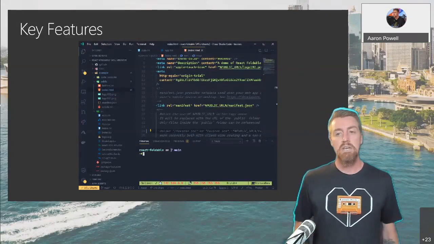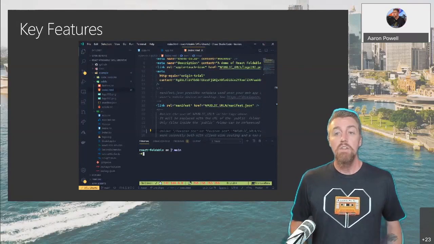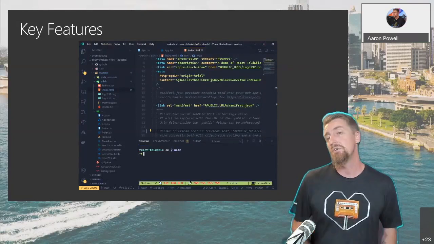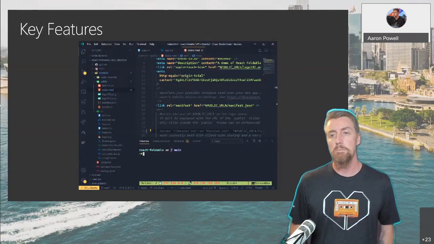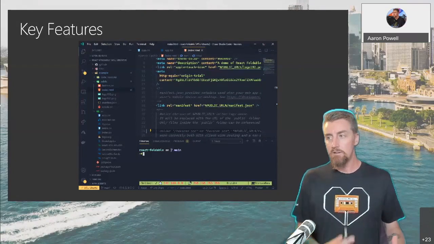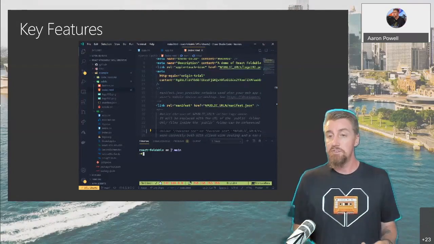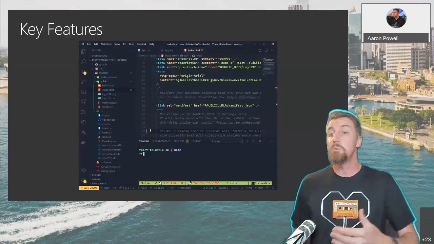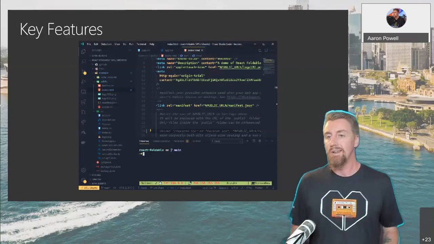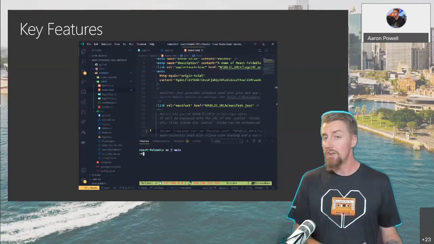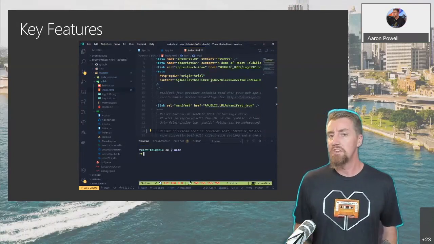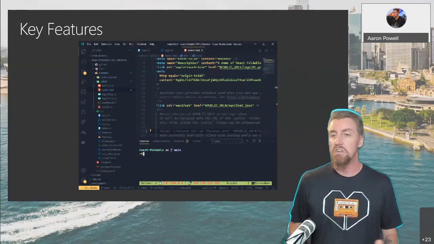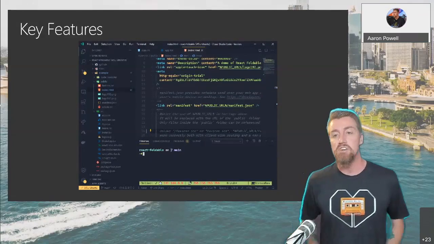Finally, we have our mini-map on the right-hand side. The mini-map gives us like a 10,000-foot view of the code file that I've currently got open. And because I understand the colorization that I've got set up for this particular file, I can see that this is very HTML heavy at the top. So that's going to be like the meta tags, the title tag and stuff inside of my head. And then it's mostly comments. And because this is a React application, there's really just a single element that React is going to be injecting itself into.